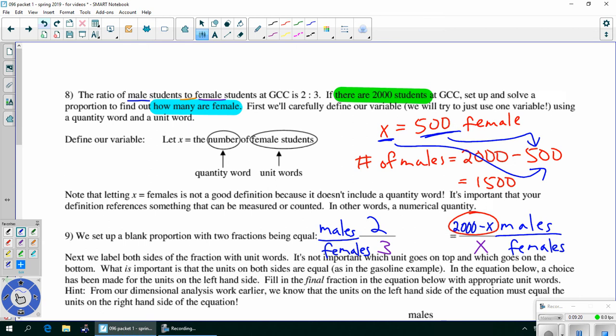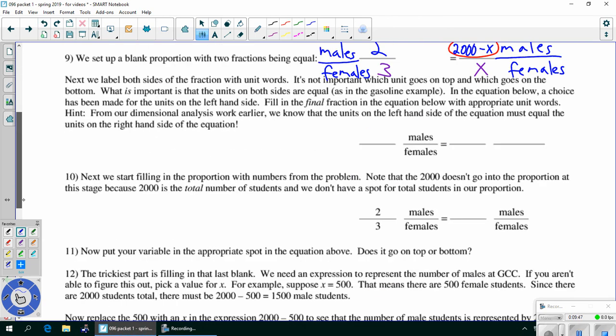That is not true. There are going to be problems where 2,000 is actually the right thing to put in that last blank, not 2,000 minus X, but just plain 2,000. And there are going to be other problems where the right thing to put in that blank is 2,000 plus X. So really, it could be any of 3 options up there. And you just have to carefully read the problem and follow your unit words. If you put those unit words in and carefully read the problem, you are going to have a very good chance at putting the right expression in that last blank. Okay, so we're left off there with a